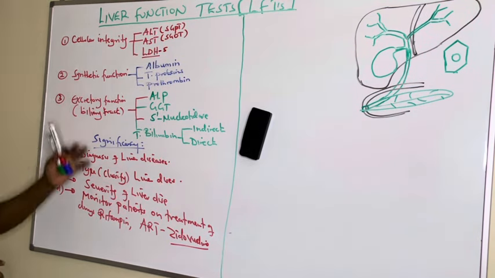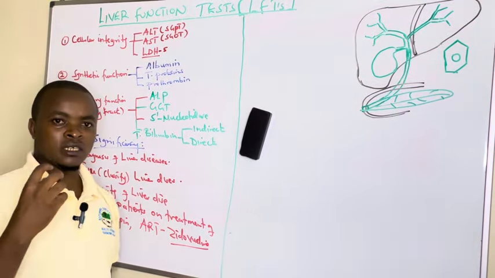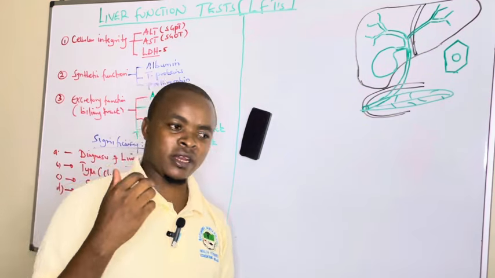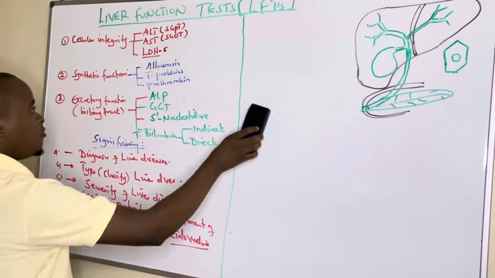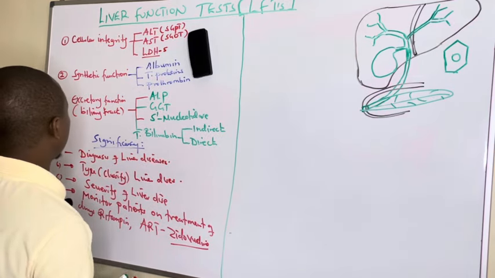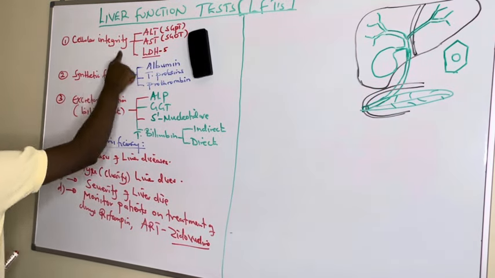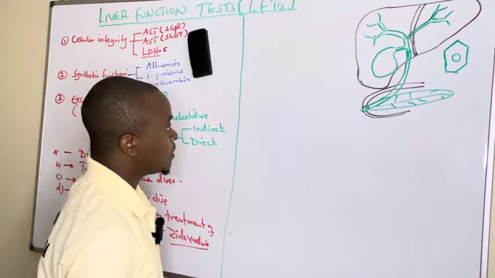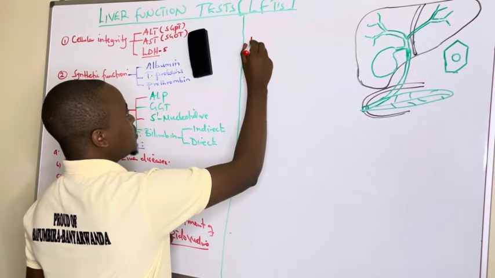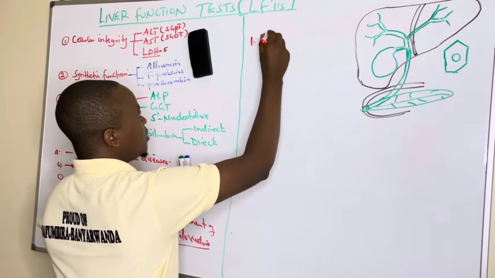And after knowing the significances, now we are going to look at the tests and how we can interpret them whenever they are elevated. We want to begin with enzymes which test the cellular integrity, that is majorly ALT and AST. So number one, I'm beginning with ALT,